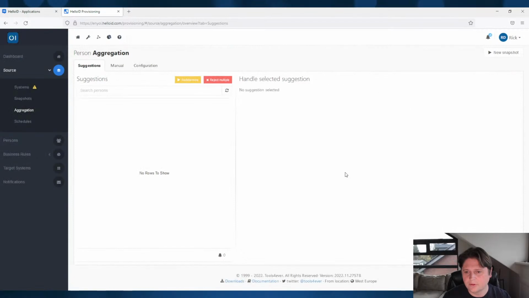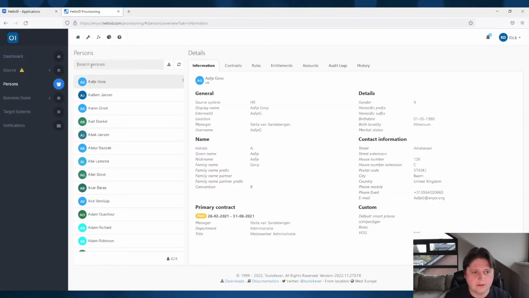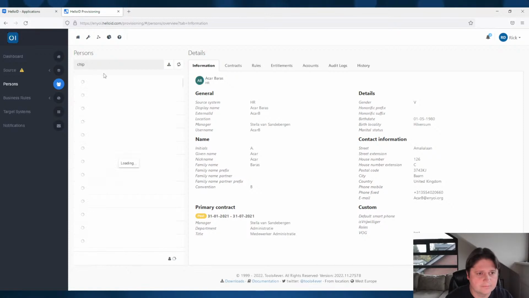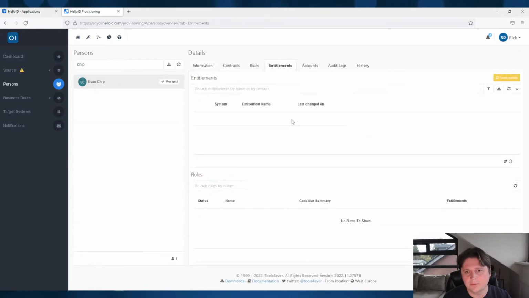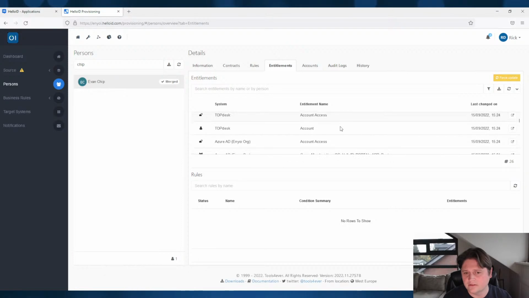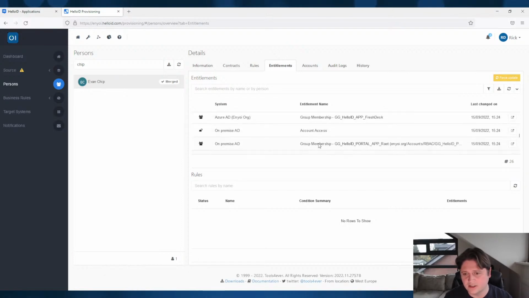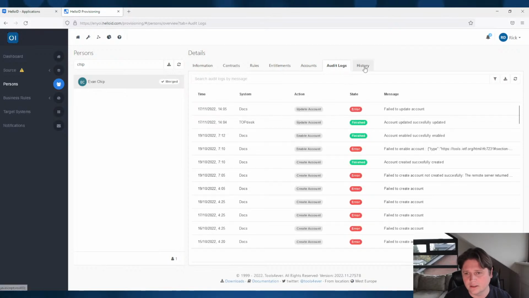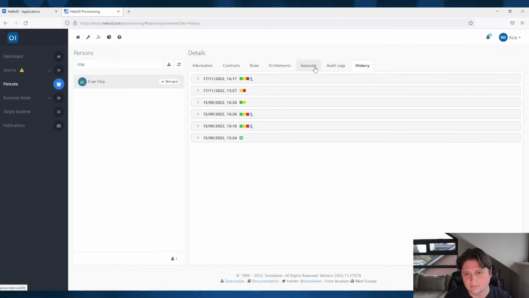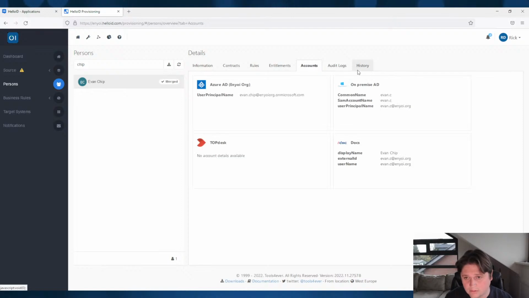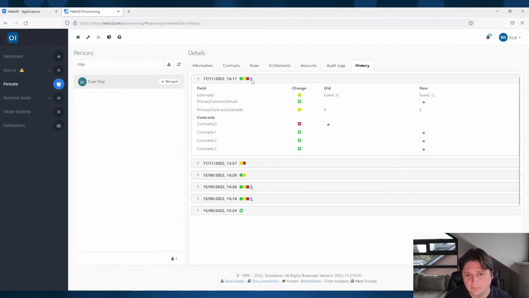So now I can do an approve. The suggestion is gone, and if I do a new snapshot, you will see that there should be a single event chip left, and he still has the entitlements of the chip I selected that I wanted to transfer from, and also the audit logging and history and accounts, of course, as well. And in the history, you can also see that we did a person transfer here